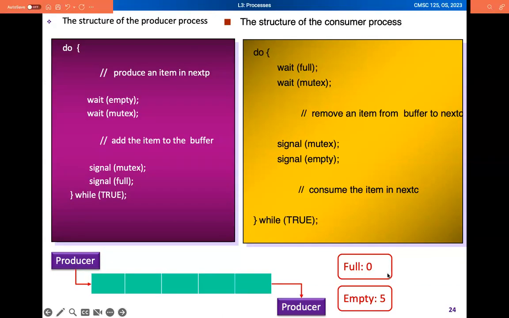So essentially, we have two semaphores, full and then empty. And the full semaphore is initially having a value of 0. And that means that there are no buffers that contain any data. And the empty will contain n. And in this case, we have 5 since we have 5 buffers that are empty. Okay, so first is